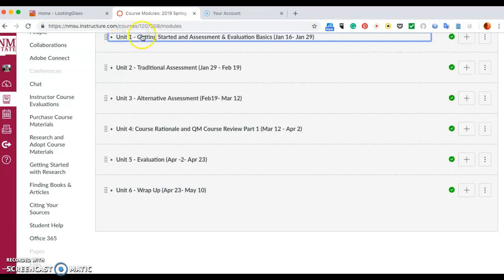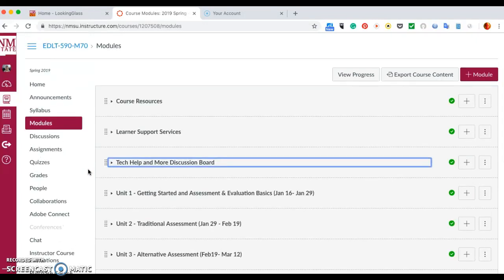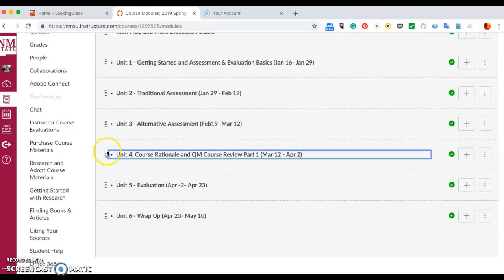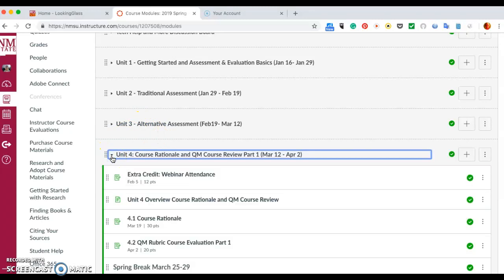So here we have our unit 1, 2, 3, 4, 5, 6 per the syllabus, if hopefully you've read it. We have our 6 units, and our second, third, and 5th unit are for sure 3 weeks. This is a 2-week unit, and our unit 1 and 6 are 2+ units, which gets us through basically our 15 weeks plus 2 days, I believe, or 3 days it is. And then we have spring break in the middle of unit 4, which is our unusual unit.